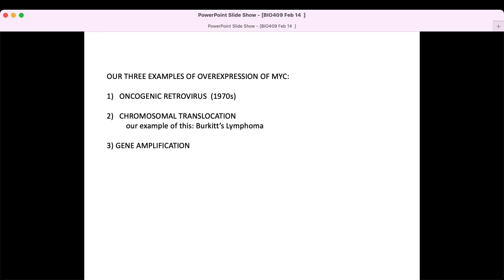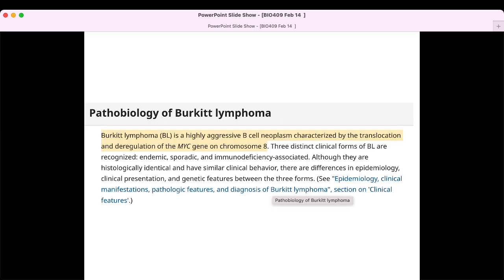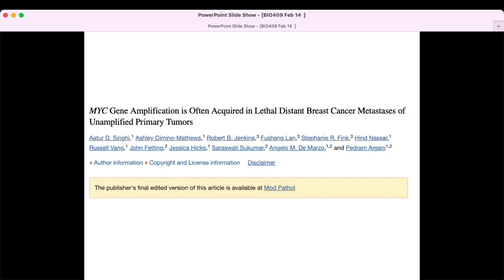Then the third one is something we haven't talked about, and it's just got a nice name. It's just called gene amplification. And I'll just show you an article to put it in context. Here's an article that says MYC gene amplification is often acquired in lethal distant breast cancer metastases of unamplified primary tumors. So in certain cancers, MYC is a problem,